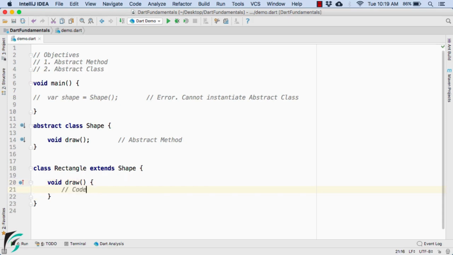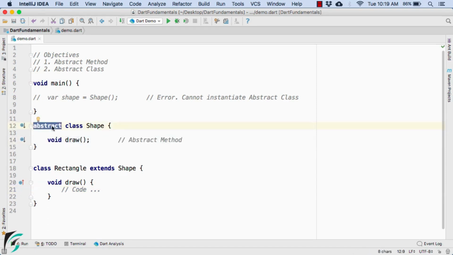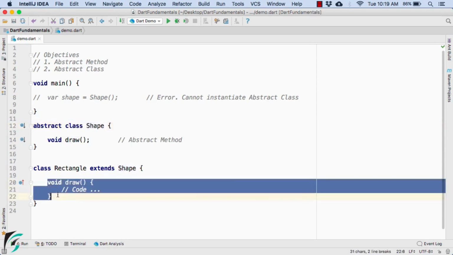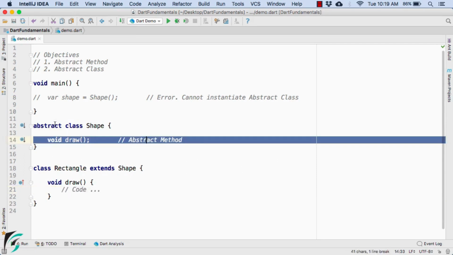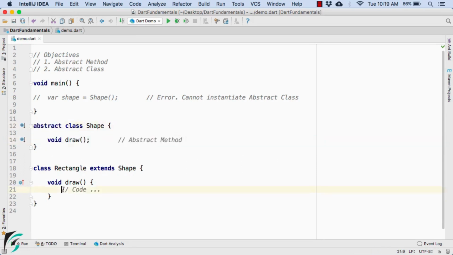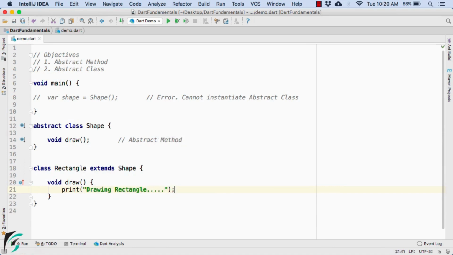So in short, the abstract method has no method body when it is present within the abstract class. But in case you inherit the abstract class, then you have to override it within the class of rectangle and define its method body. So this is the basic purpose of using the abstract method and the abstract class. So here I will write drawing rectangle, something like this, or some custom code.